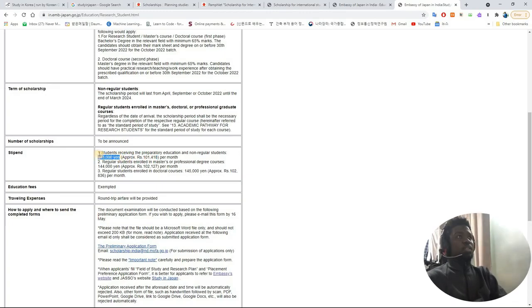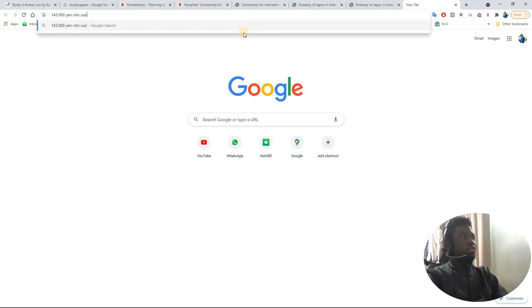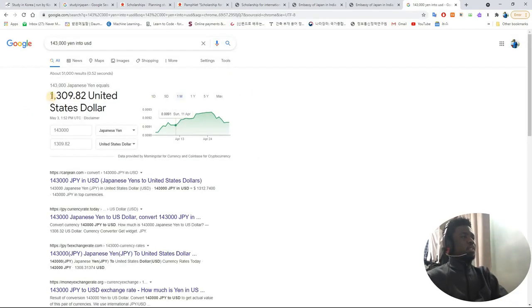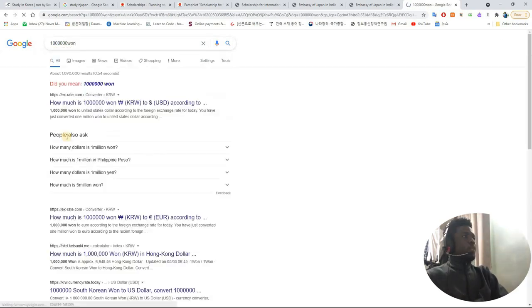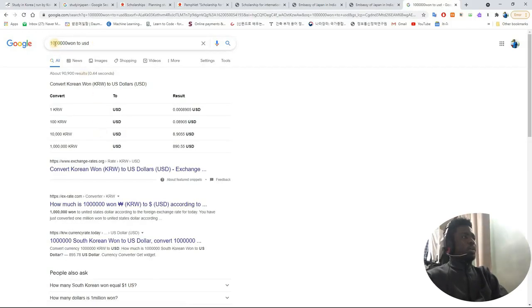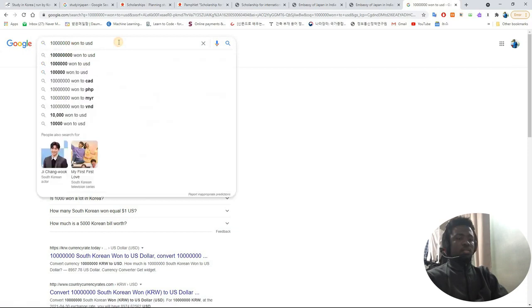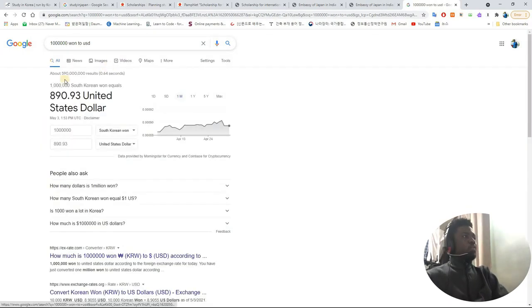But let's say the amount in USD. So yen into USD, how much is it? So it's about 1,309 USD. So that's the amount you're going to get as stipend. That's a lot. Remember, the Korean government scholarship offers about 1 million won. 1 million won to USD. Not 10,000, not 10 million. Okay, so 1 million won to USD is about